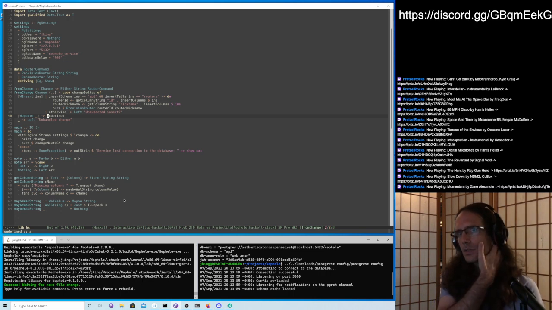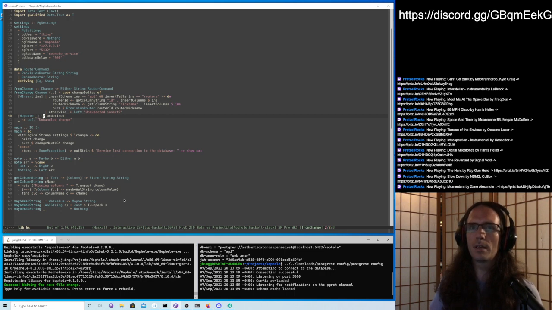So in updates, we're going to do a very, very similar thing to inserts. We could do a pattern guard, and we could do table match as well.